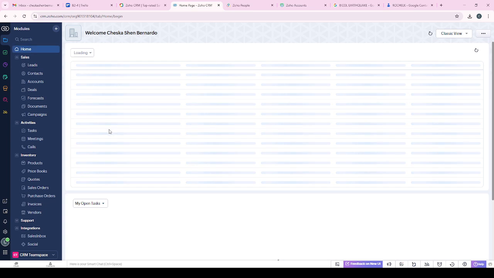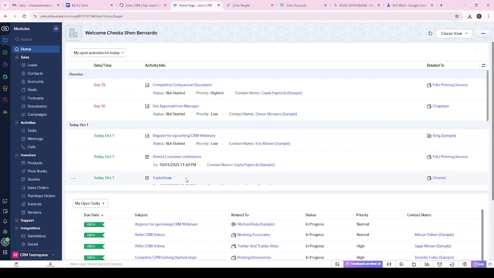With everything set up, it's essential to conduct a test by sending out an email through your newly configured custom domain. By doing this, you can confirm that everything works